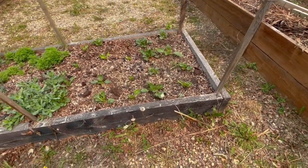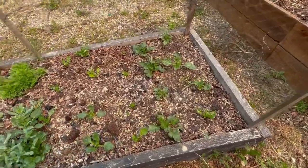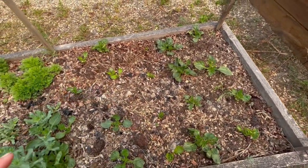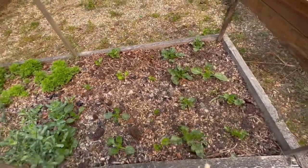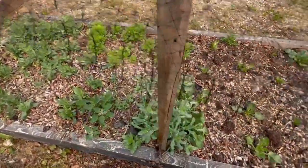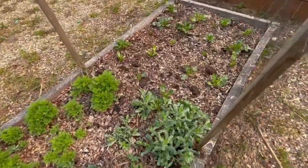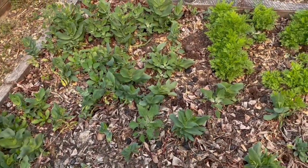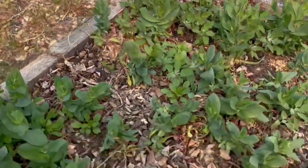And I did put them in the ground, so they kind of think they were overwintered, I think, and they're coming in really strong. I don't have any bug pressure on these yet, so fingers crossed that they don't get taken out. Here is some more honeywort, and then this is all blue plumbago over here,